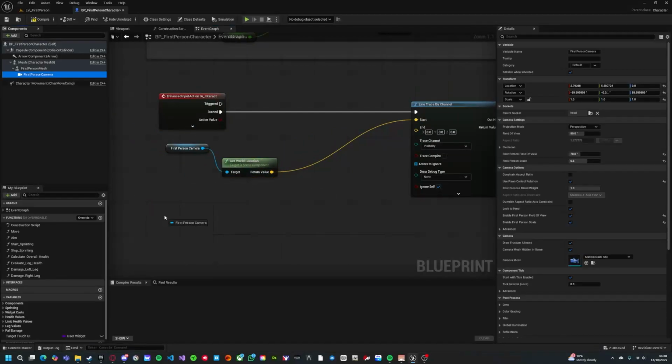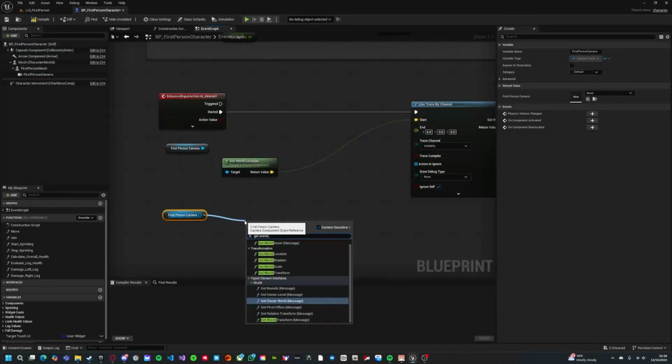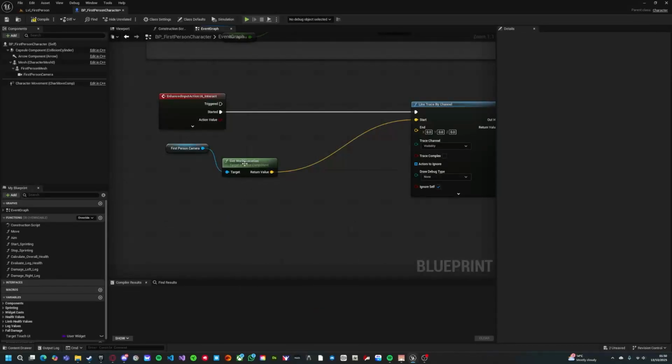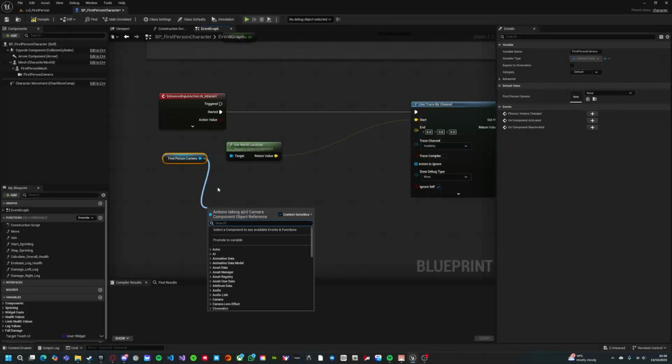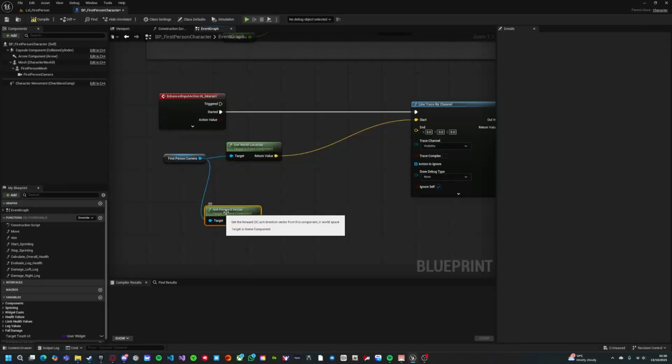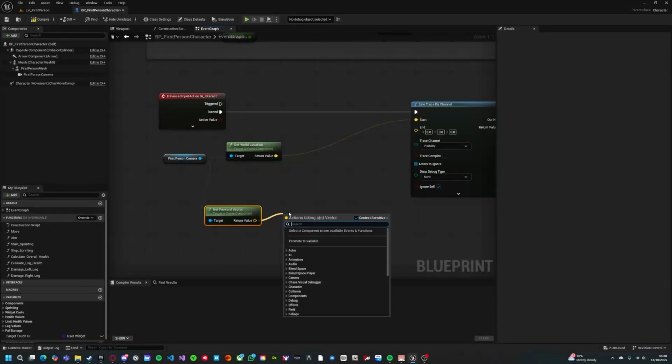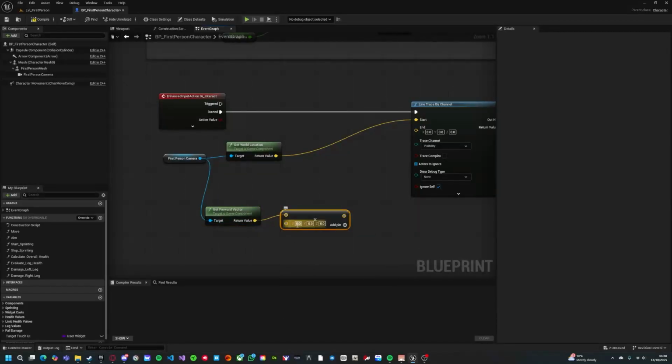So you can drag in the camera like this, then go get world location, but we're not going to do it that way. We're just going to drag off and let it do it for us. Just organize these a little bit, then drag off the first person camera again, the first one, and just get the forward vector. So get forward vector, look a bit like this. Then we're going to multiply just like so. Then we're going to right click this bottom pin, change to float single precision,